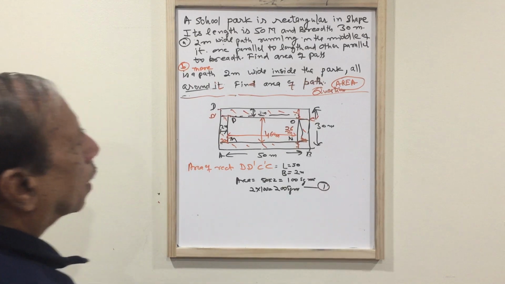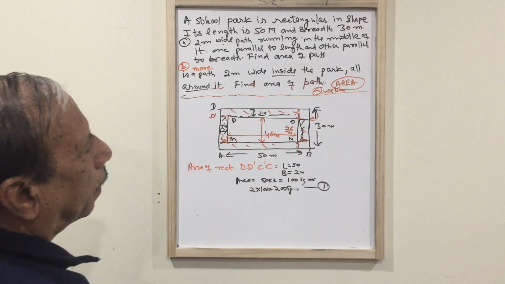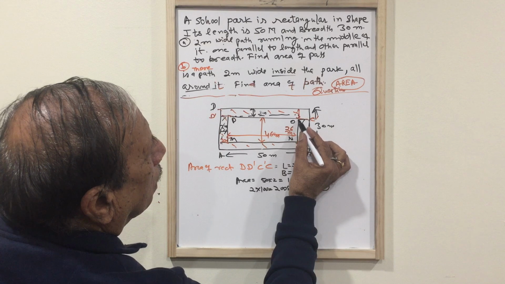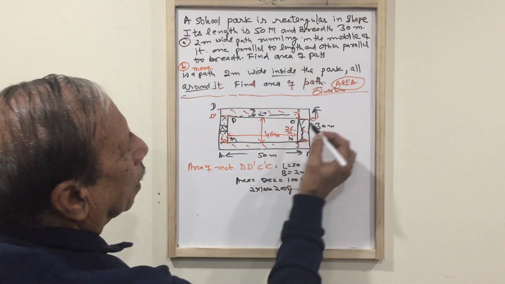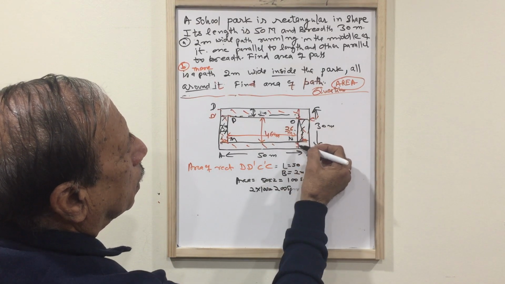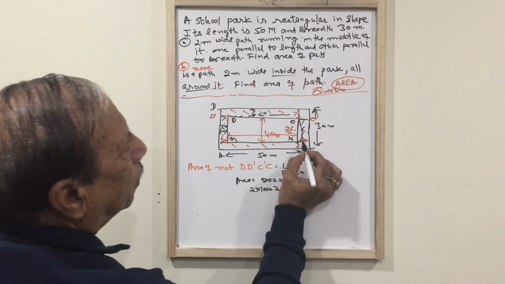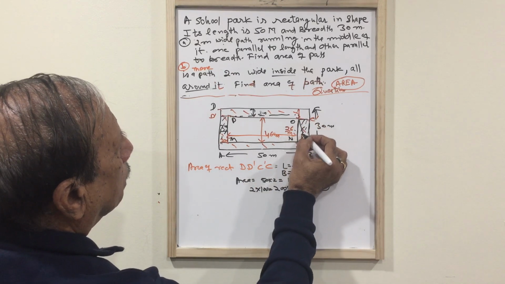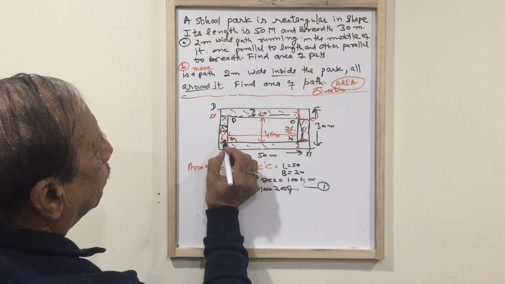That is one. Now we are left with this area and this area. We have to find the area of this one. From this to this place it is 26 meters: 30 minus 2 minus 2. 30 minus 2 is 28, minus 2 is 26, so this is 26 meters and width is 2 meters. So we can find the area of this rectangle. We'll denote it like that.